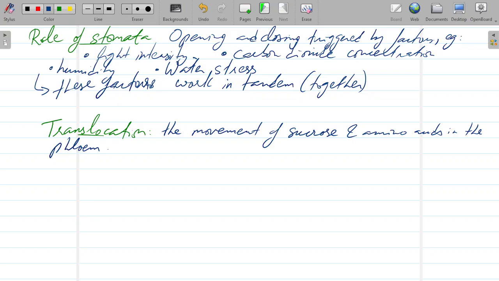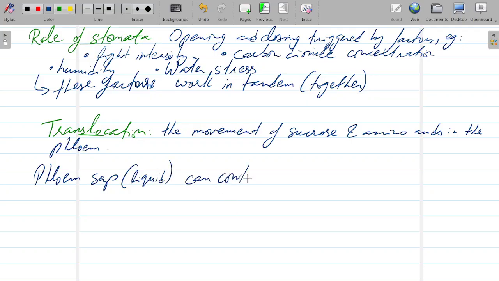So the xylem is mostly water, so it's very dilute, whereas the sap in the phloem can contain up to 25% of dissolved solids. And we know that translocation occurs in the phloem. So the phloem sap, which basically means the liquid in the phloem,